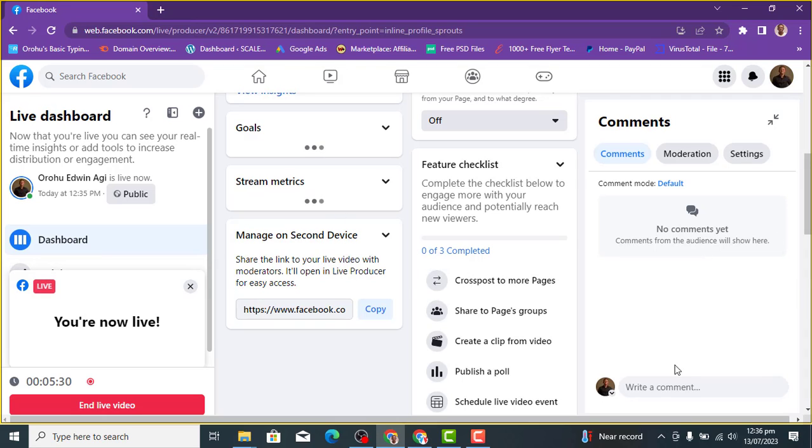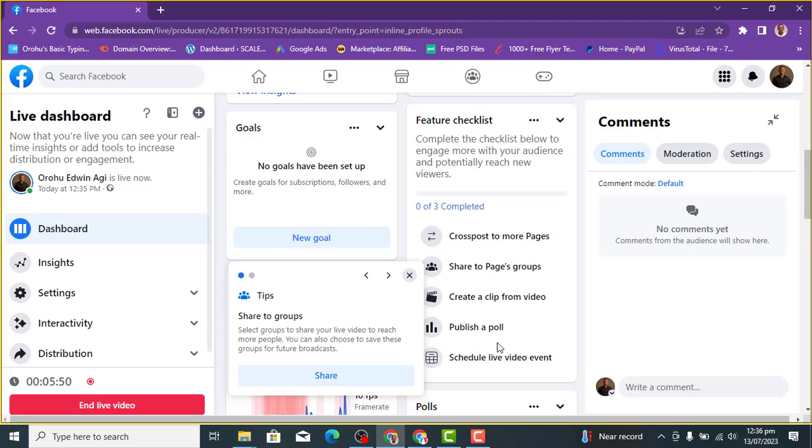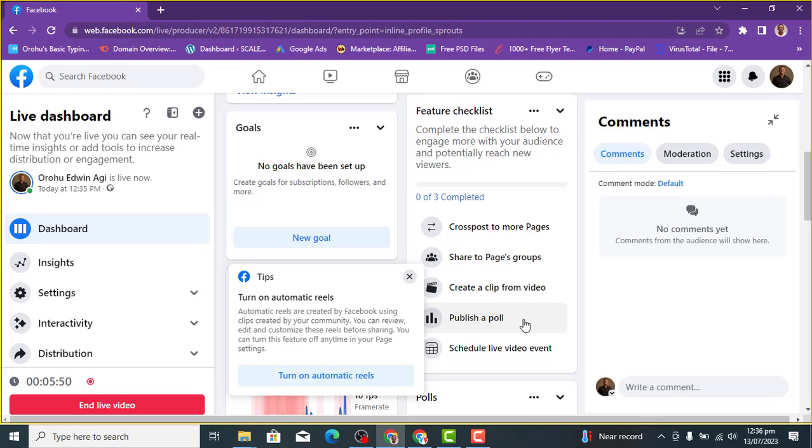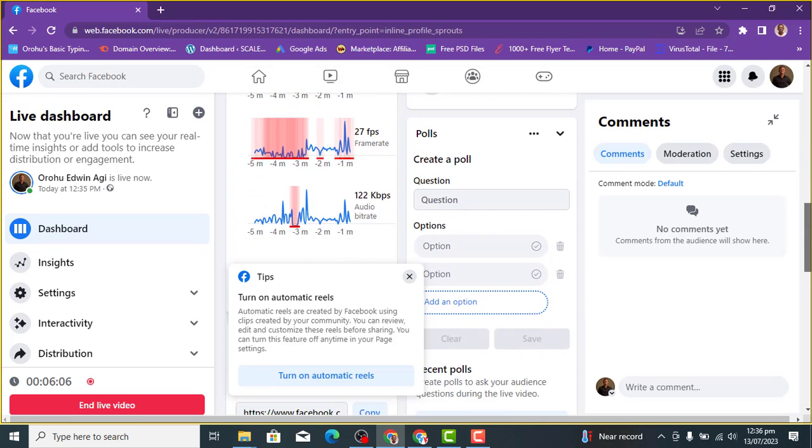This is where you'll be seeing people's comment. You can see moderation here. You can see settings here. You can create a clip from the video by clicking here. You can publish a poll on the live video. You can cross post to more pages with this very live video, and it's going to show to them. So you can see